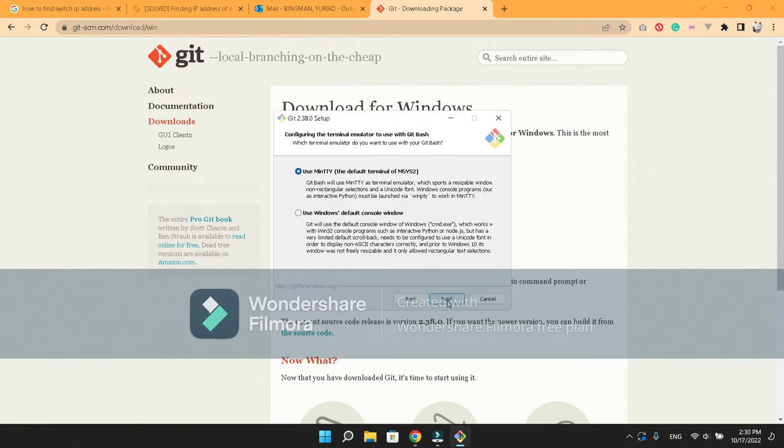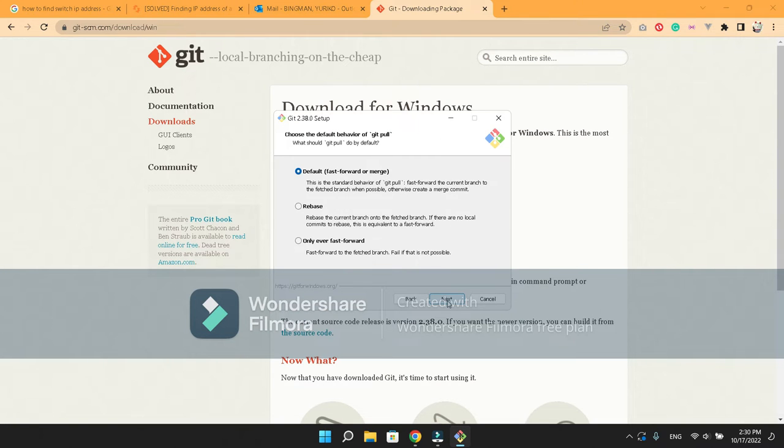Minty. Yeah, just go next. Default, next. Git Credential Manager. That's actually very useful. Once you communicate it, once your two-way handshake, security has been done between GitHub and your system Git,